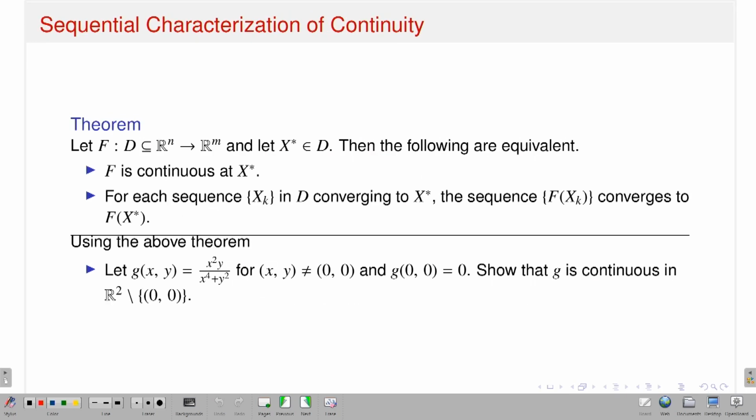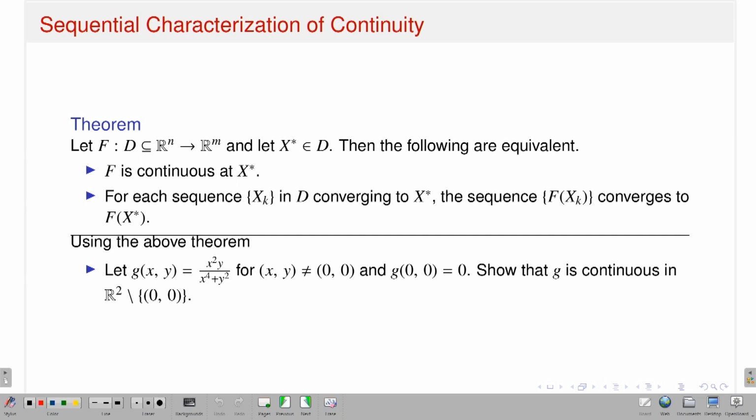Okay, so now this is another characterization of the existence of continuity of capital F, like for the existence of limit, which is called the sequential criteria. Sequential criteria for the existence of limit, I think you are familiar with. I already discussed it in my last slides: suppose I have a function from Rn